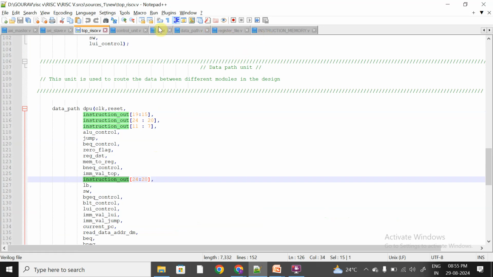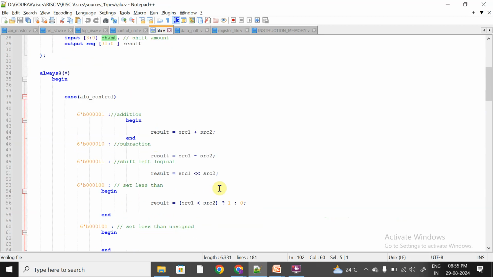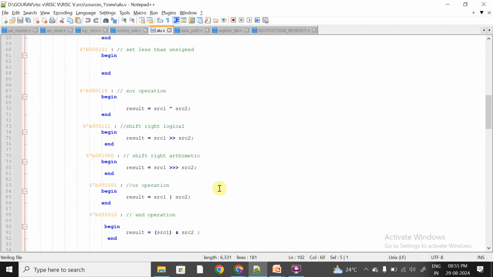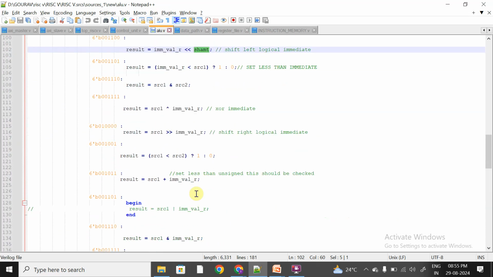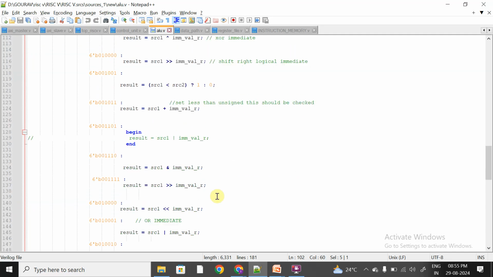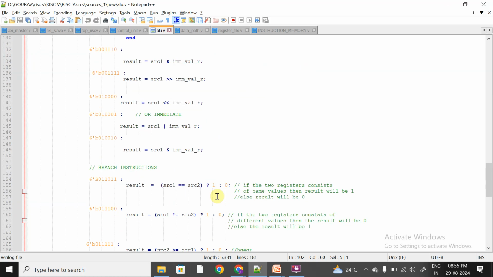Now this is about shift operations, and the rest is all the same. You can observe the shift amount. So this is I type operations in RISC. This is how we will design the I type instruction. And this is about I type